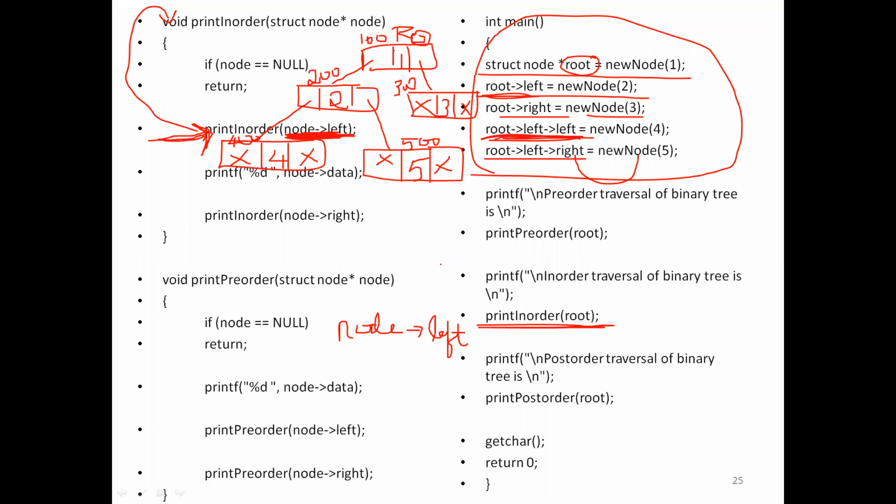Because node is nothing but 100, right? We are passing the root, and that root, 100, is stored in node. Now node is 100, pointing to the root node 1. What is 100 left? Obviously 200 is stored here, no?